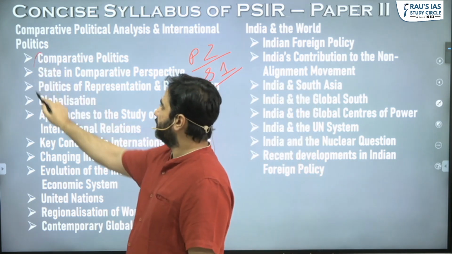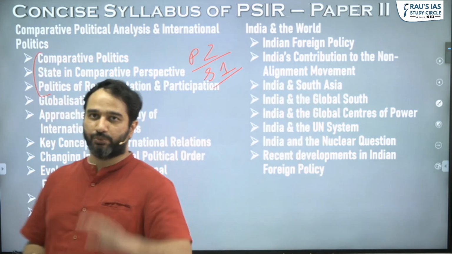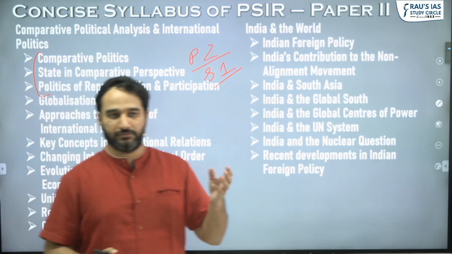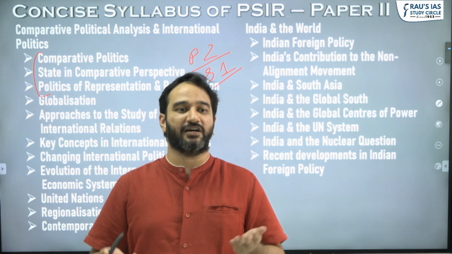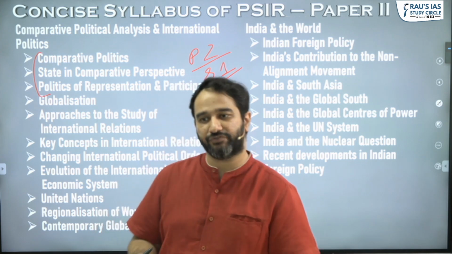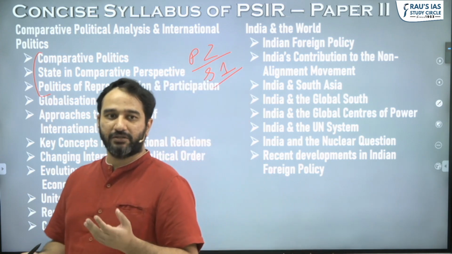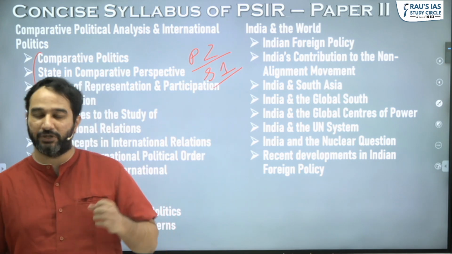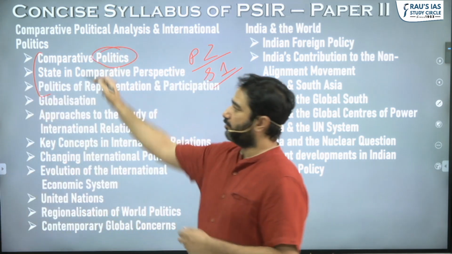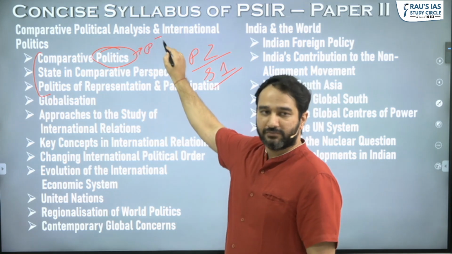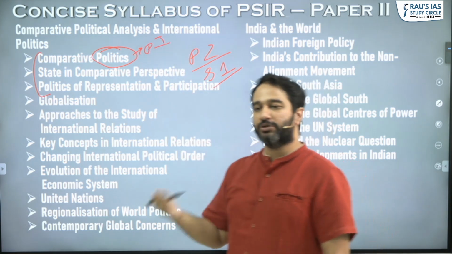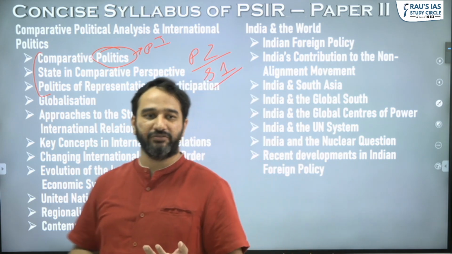Comparative politics. What happens here is, within paper 1, you learn theories like liberalism and communism. What this does is teach you how to compare them. There are various theories of comparative sense, but the core part is that the political theory you'll anyway learn in paper 1 itself, you're going to learn here in a comparative sense.